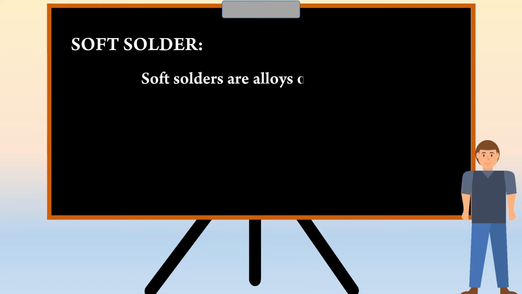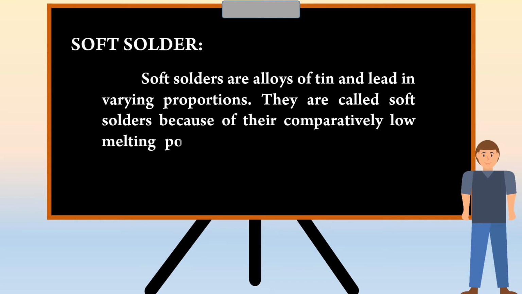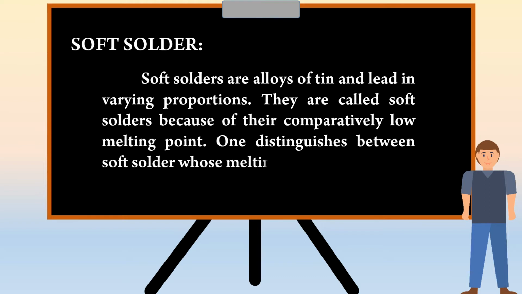The first one is the definition of soft solder. Soft solders are alloys of tin and lead in varying proportions. They are called soft solders because of their comparatively low melting point. One distinguishes between soft solder, whose melting points are below 450 degrees Celsius,